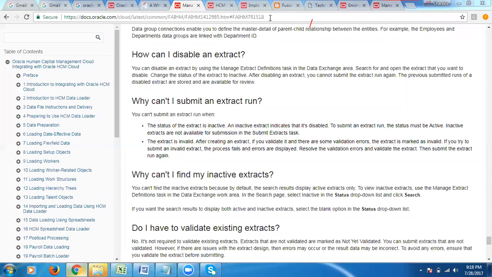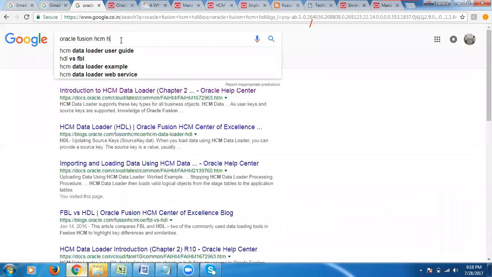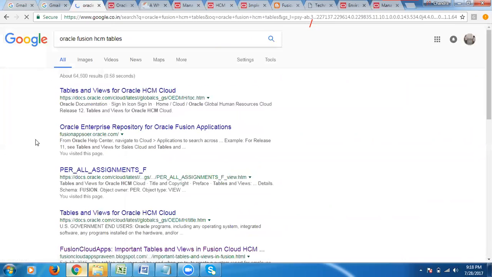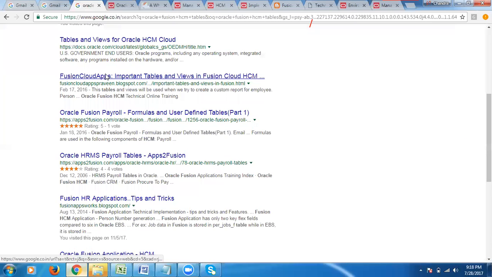And BI reports is common. BI templates, BI reports, this all will be used. So at that time they may ask you the tables, like you can search here what are important Oracle Fusion HCM tables. I'll give you some websites like Fusion Cloud Apps tables.